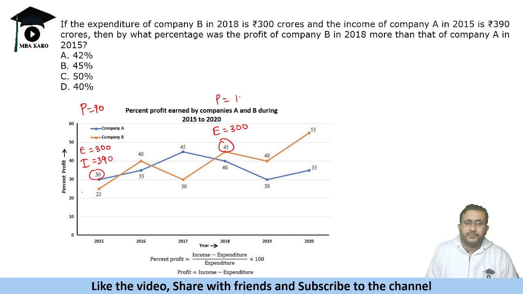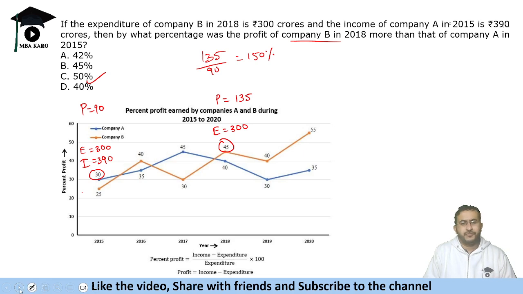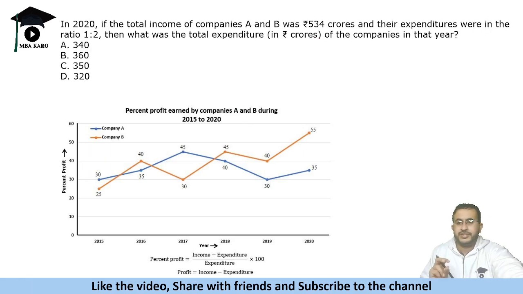That is going to be 135. Okay, so it is saying that profit of company B in 2018, 135 by 90, is 150%, or 50% more. This is a straightforward question, you just need to understand the ratio given in the graphs, right? So it is about expenditure. With respect to expenditure, you need to find the